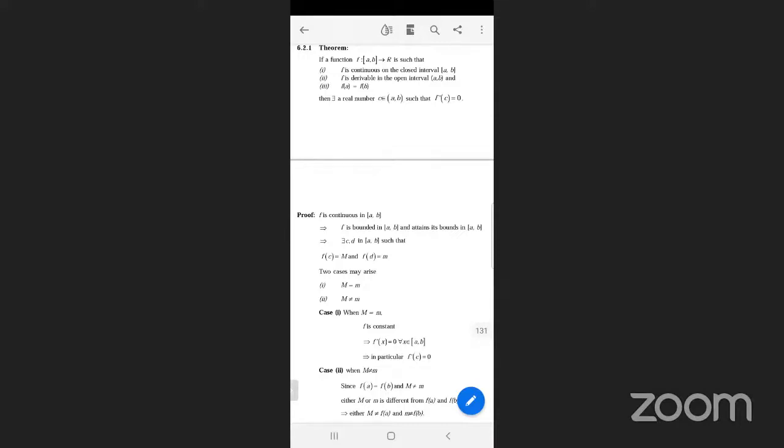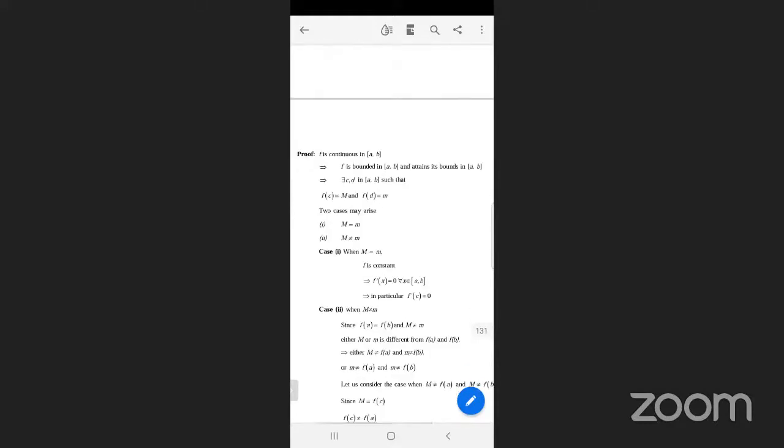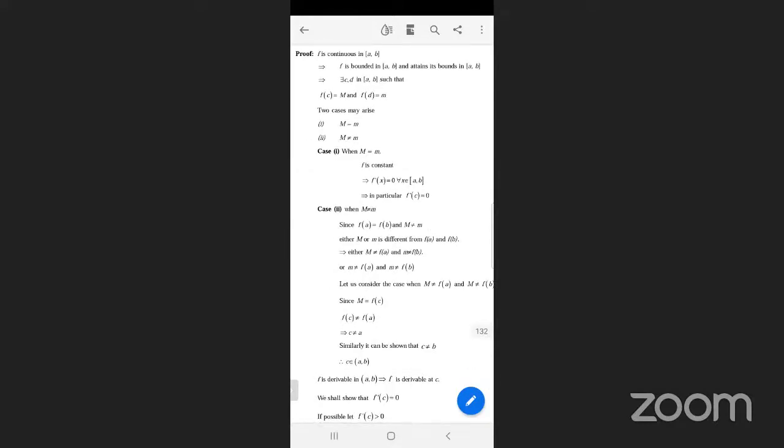So if it is a constant function, what is the derivative of a constant function? 0. f dash x goes to 0. So in the first case the proof is obvious. Therefore f dash equals 0. Second case, come to the second case. This is important. When m not equal